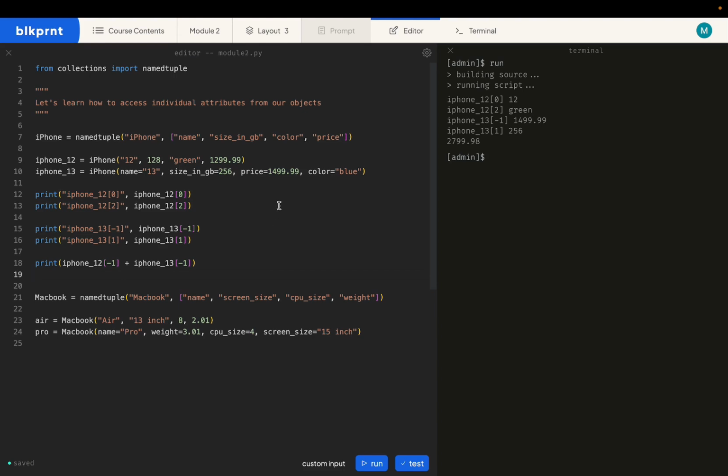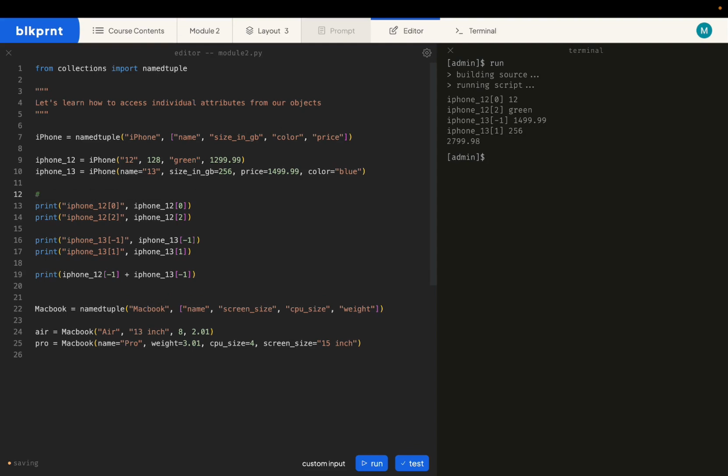As we've seen here, we use indexing to access the price attribute from the iPhone 12 and the iPhone 13 and then combine them by using the addition operator. And this is how we can access individual attributes from an object. So let's go ahead and leave a comment of this. And we'll say using indexing with the position